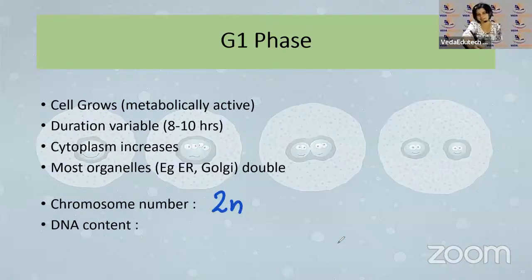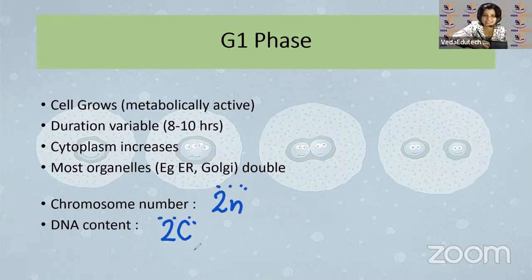What about the DNA content? DNA content is also the same as you would find in a normal somatic cell, no matter if it is dividing or not. We write the normal DNA content as 2C. Chromosome number is 2n, DNA content is 2C. Then the cell is like, okay, now I have grown enough and I'm very big, very strong. Now I am ready to proceed further in the cell cycle, and to do that, it has to enter which phase? After G1 comes